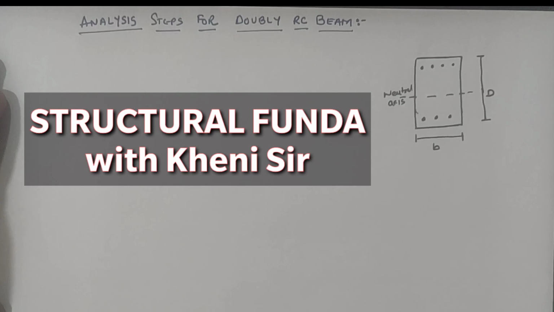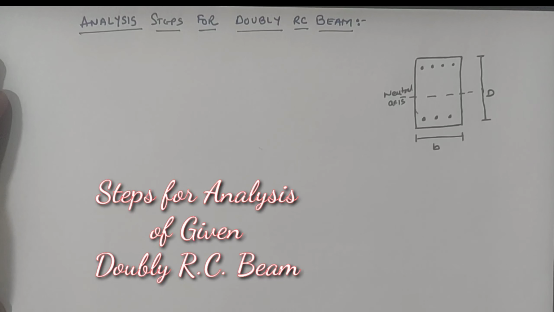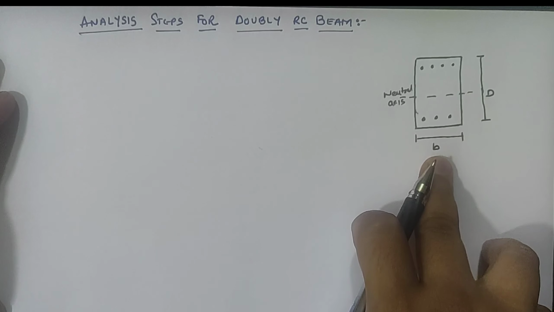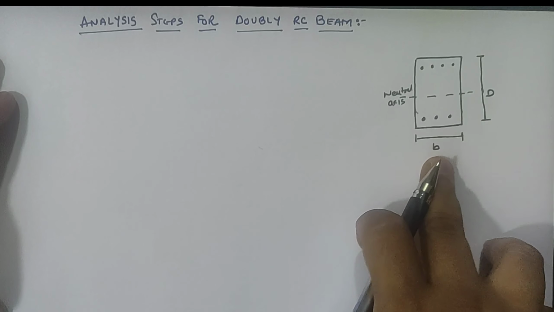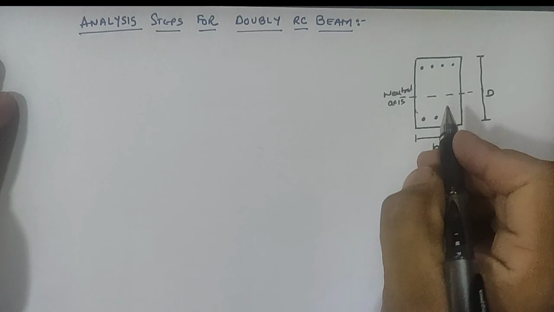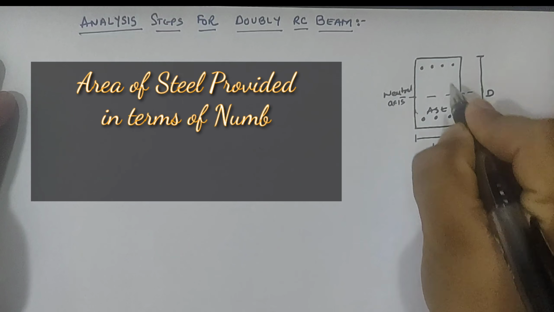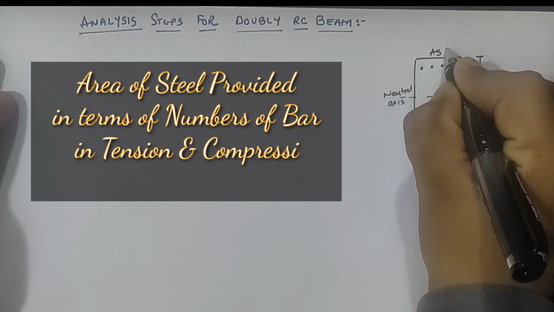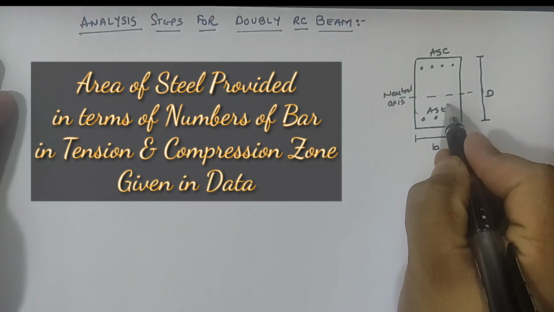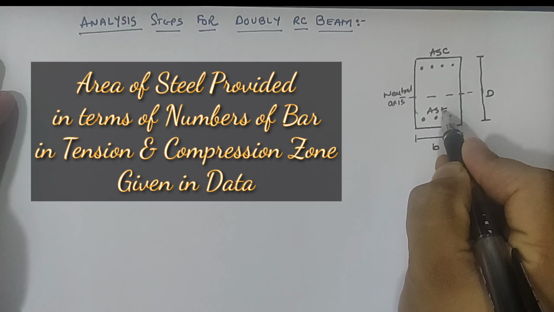Myself Ethan Kenny, and today we are going to learn about analysis steps for a given doubly reinforced concrete (DRC) beam. So let us assume that a rectangular doubly reinforced beam is given with width small b and overall depth capital D. We have also been given the area of steel in the tensile zone as well as the area of steel in the compression zone. So we have to calculate the total area provided in the tension zone as AST and